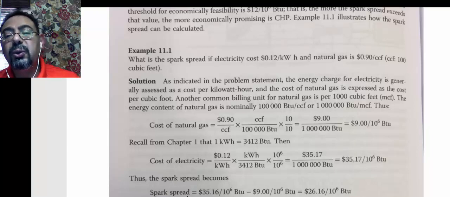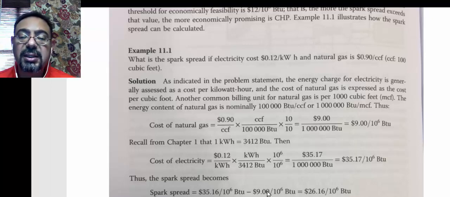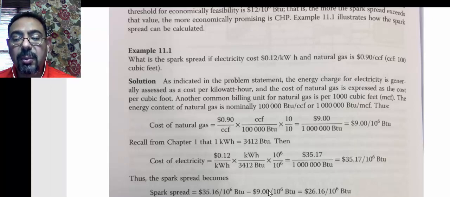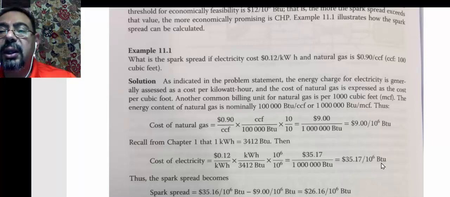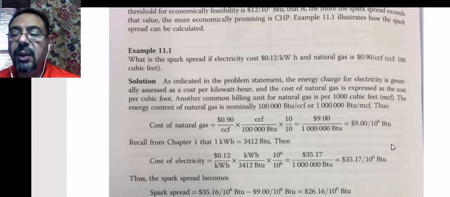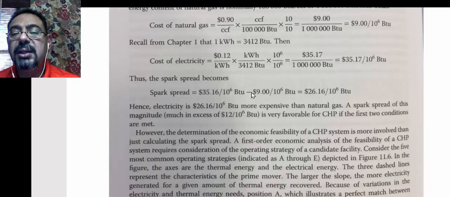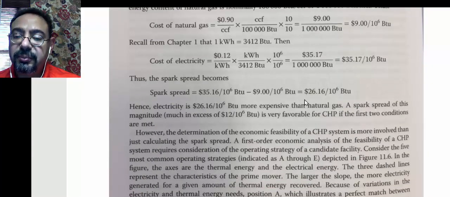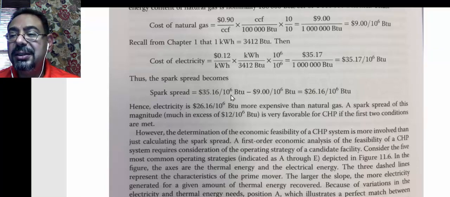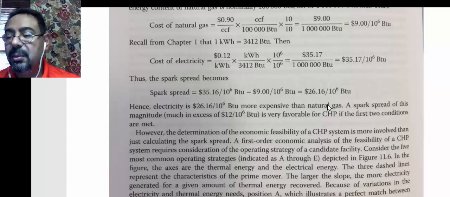The spark spread is how expensive the electricity is compared to natural gas. That's why we want to do that conversion. In case you are wondering why we're calculating the electricity per BTU, it's because I want the price to be apples to apples: 1 million BTU, 1 million BTU. So when you do this, you get the spark spread. The spark spread tells you how valuable the electricity is, and it also tells you the profit margin for